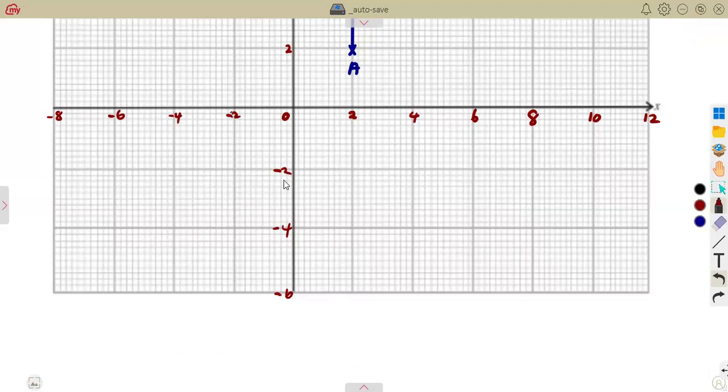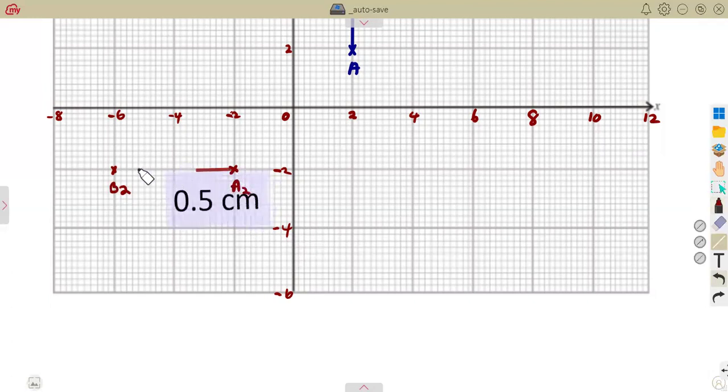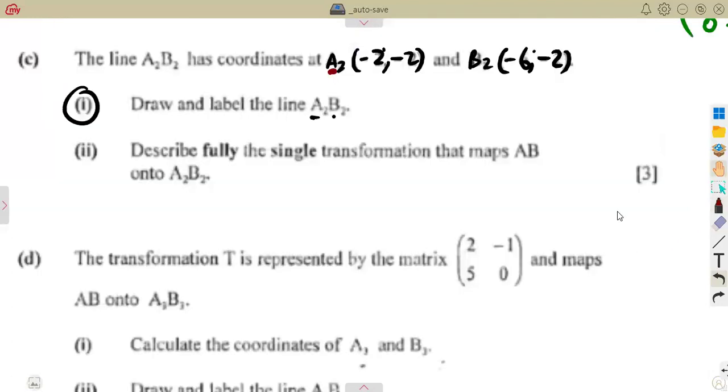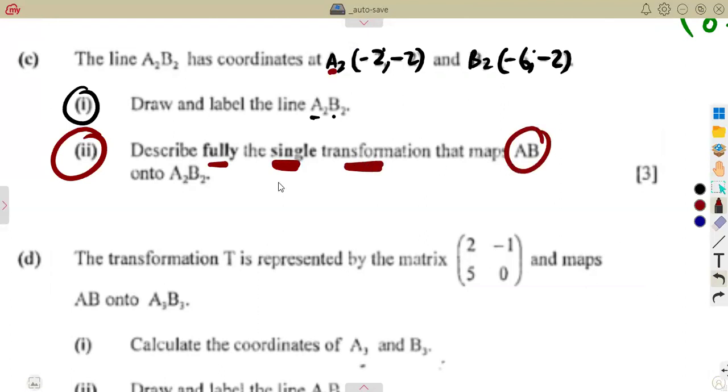When X is -2, Y is -2. You mark the point, that is our A2. Then we also have B2, which was -6, -2. You mark the point, that's your B2. And from there, you're going to join along this line. That is, we have got our line A2, B2. Okay. After drawing this line, the question is now, describe fully the single transformation, it is just one, that maps AB